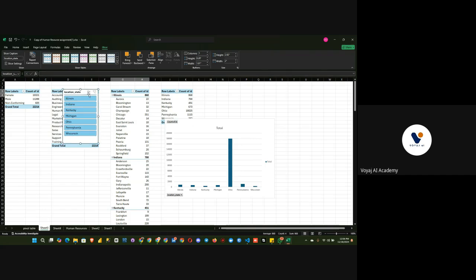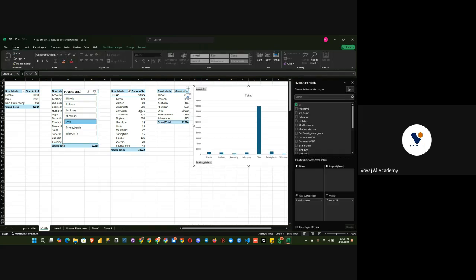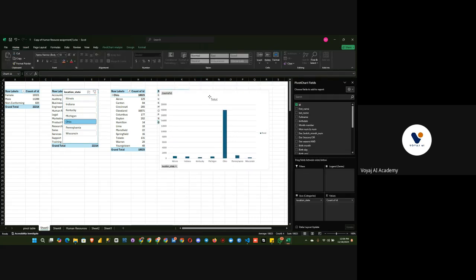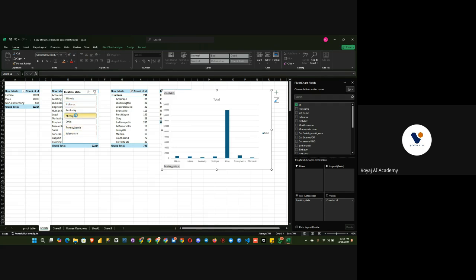So since Ohio is the highest and we have a lot of states here, right? Rather than scrolling down and all that, we can just click on Ohio. It just separates everything for us. So Ohio being the highest state here from this our visual, right? What we can do now is we can go ahead and start filtering based on every other state we have,